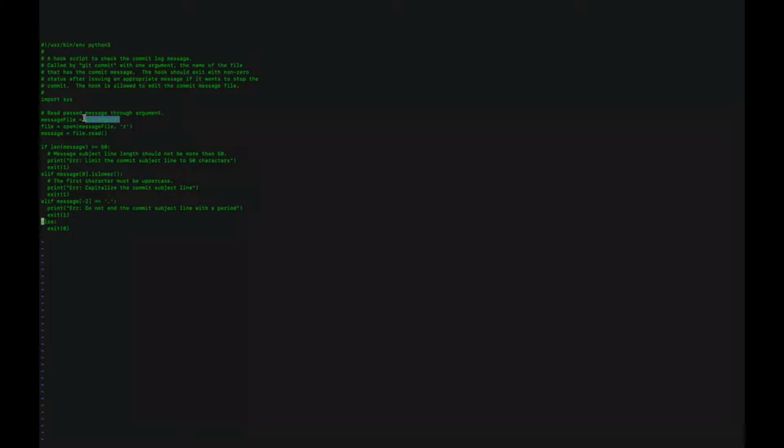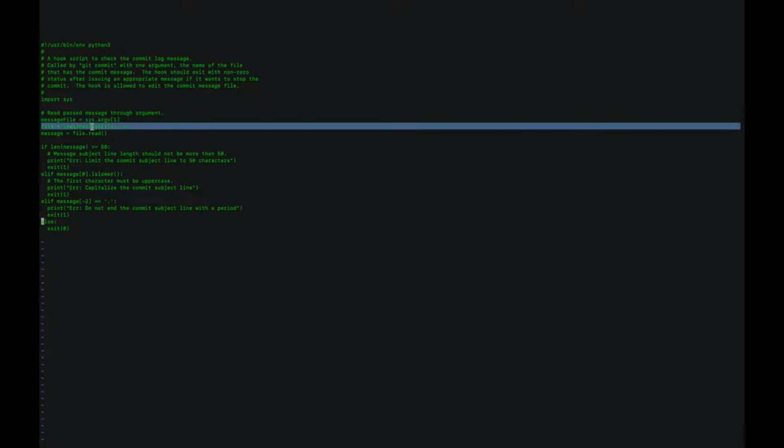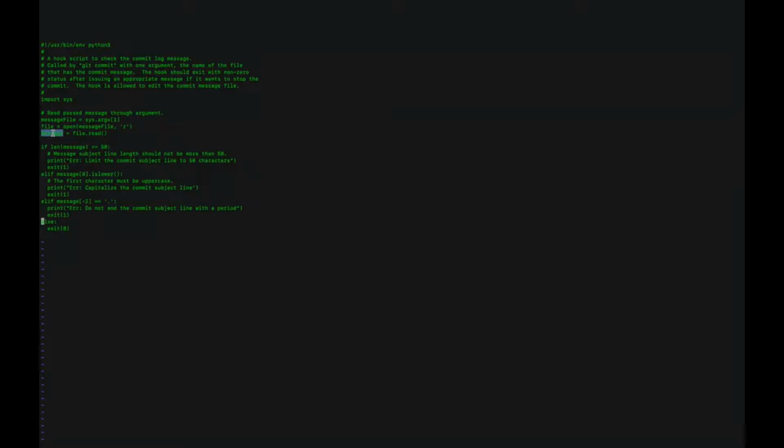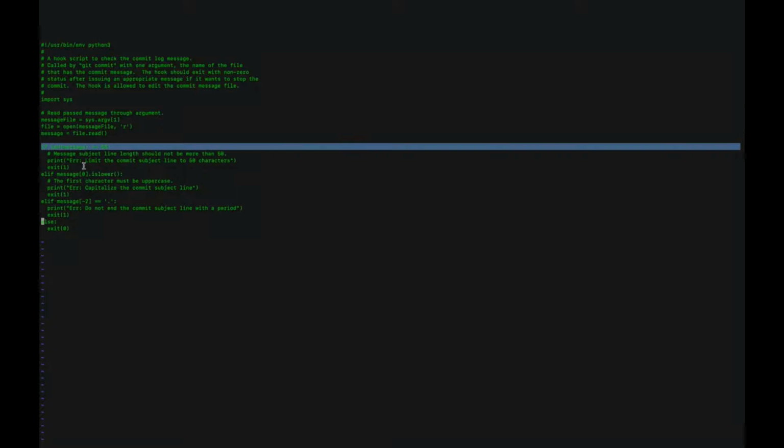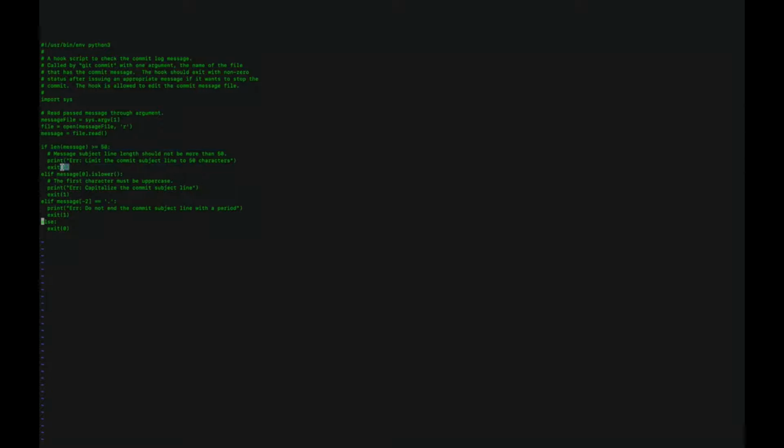Whatever we provide with the minus m argument is stored in that commit log file. So we are reading that file and storing the commit message in this variable. Now we are checking if it is more than 50 characters long, print a message and exit with 1, which is non-zero. So this will stop the commit from running.